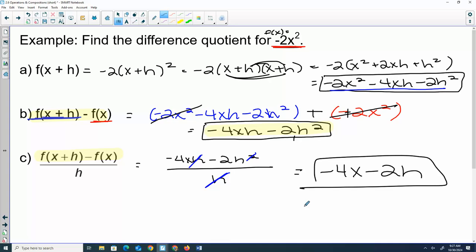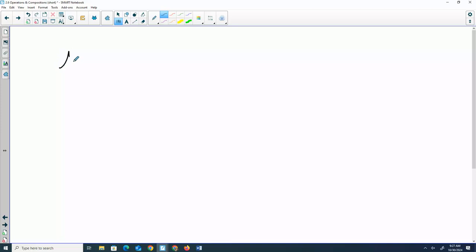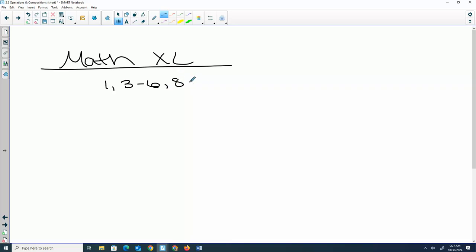This is where I am stopping today. There is a Math Excel assignment open. You don't know how to do all of it yet, unless you remember things from last year. You learned it last year, but the Math Excel questions that you can do for sure now, I'll write up here. If you look, it isn't due until Monday because we are spending the rest of the week on this section, so it won't technically be due until the end of the section. But you can get started. So those are the questions that you could do right now. We will be working